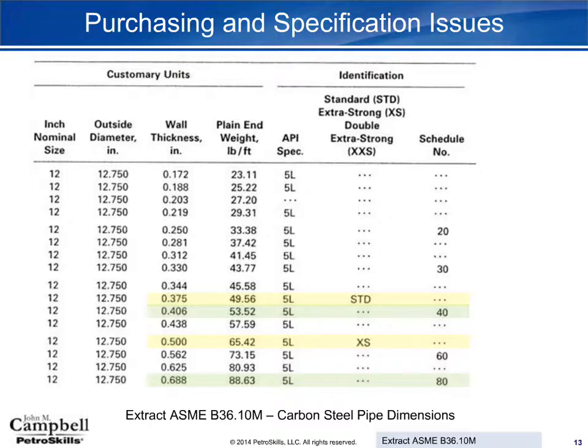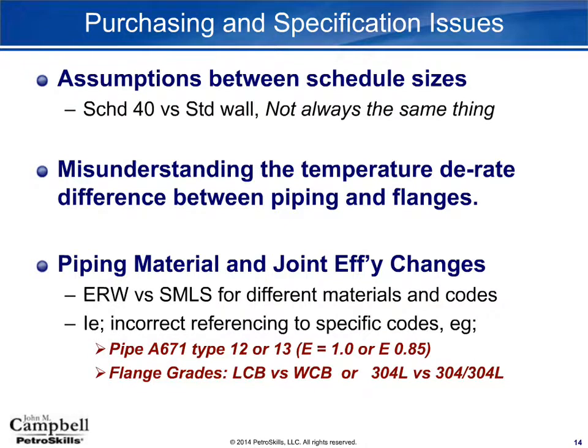So some of the assumptions and issues that come up in this area are differences between what is Schedule 40 and what is standard wall. They're not always the same thing. There are also misunderstandings regarding temperature derate between piping and flanges. And then also some of the issues that I brought up regarding joint efficiency for specific grades. And I mentioned at the bottom of that last point, 304L versus